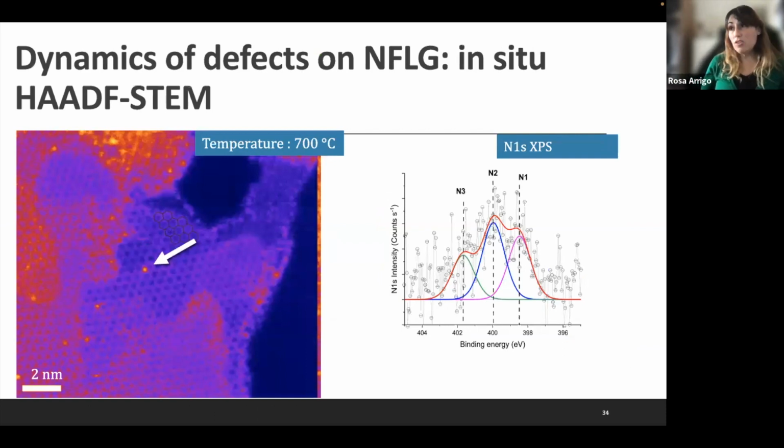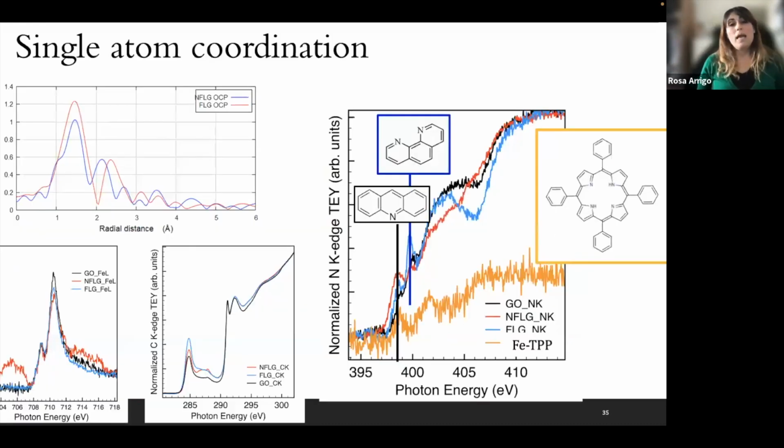In terms of the nature of the nitrogen species, again, it's very difficult to say because we see pyridinic, pyrrolic, and quaternary nitrogen, and the question is if it's a pyrrolic nitrogen or a pyridinic nitrogen. I will show you later that our results point more towards a pyridinic ensemble rather than any pyrrolic nitrogen. Now we look at these materials in situ, and now I'm showing more some kind of work in progress,